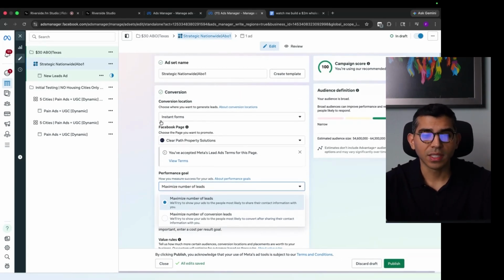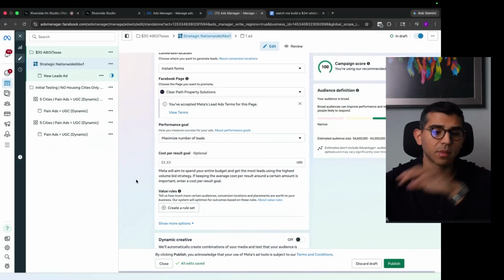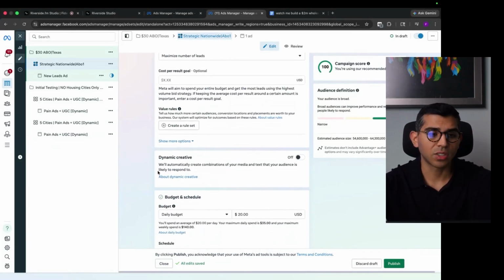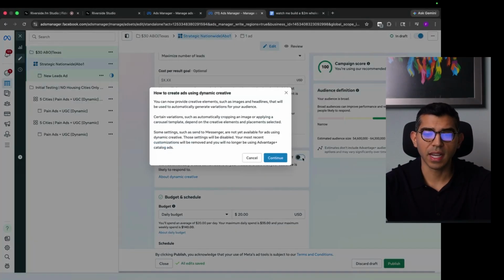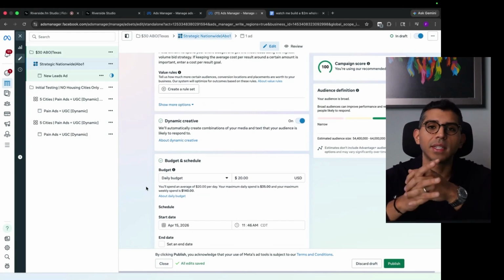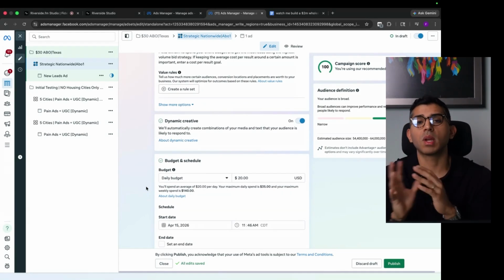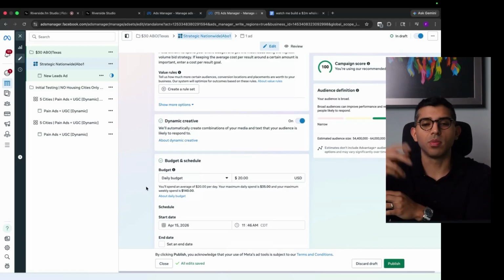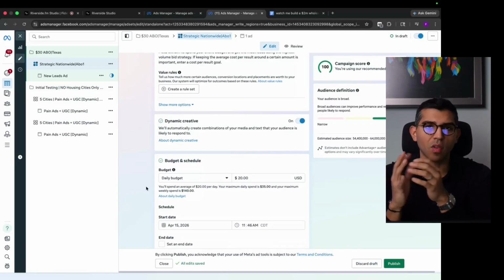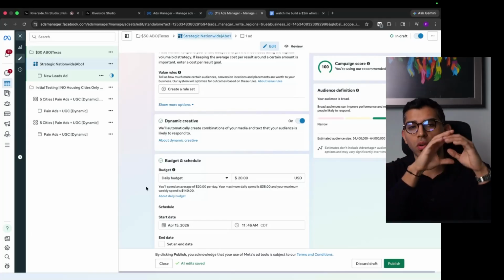So the only things that you need to change within the ad account will be, okay, do the instant forms, do the maximize number of leads. And then what I like to do is turn on dynamic creative, because we pretty much already know what works with this client account. So in this client's account, we can turn that on. What that basically means is, instead of having separate ads individually that are going to spend the money, the dynamic creative compiles all the ads that you put within that single ad. Let's say 4 to 5, like 3 videos, 2 images,